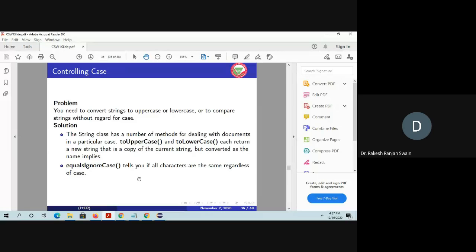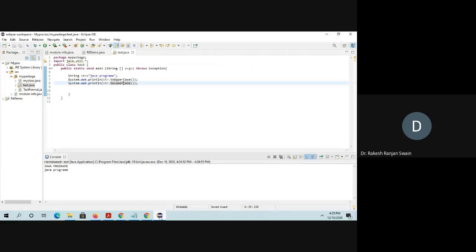You have to use the method so that it will not consider the case sensitivity. So let's see, I am showing an example.